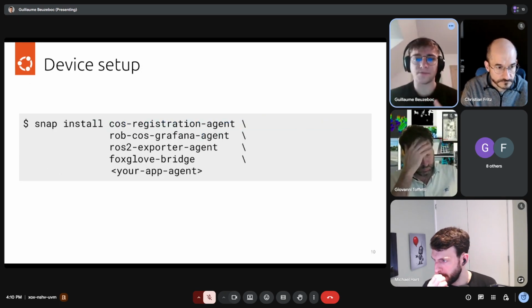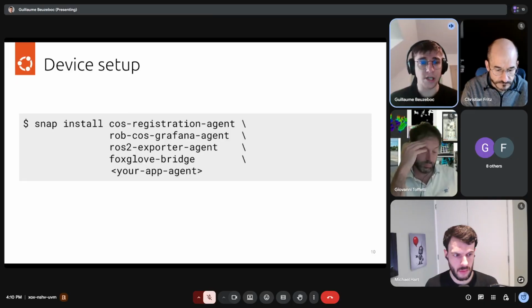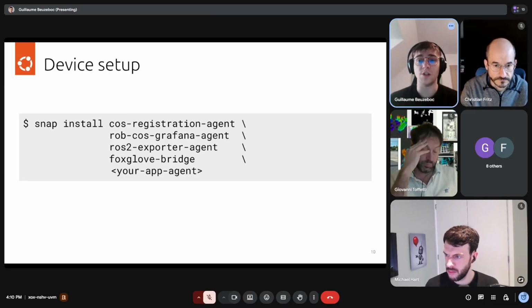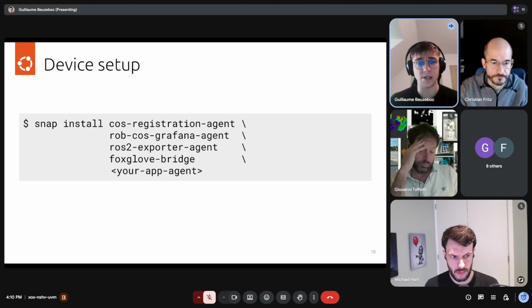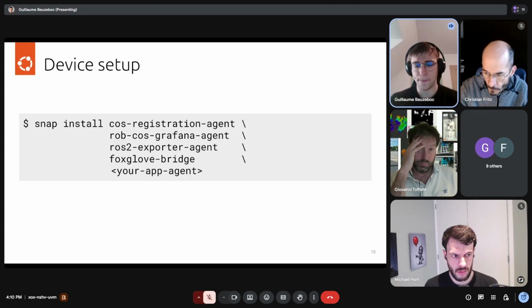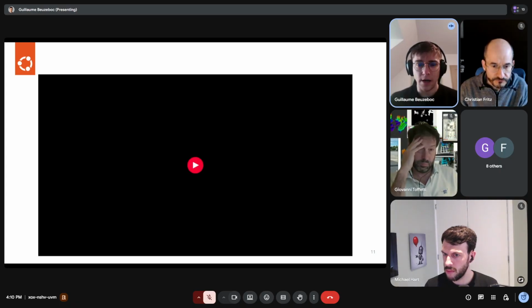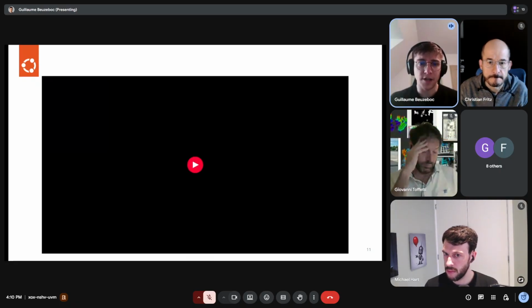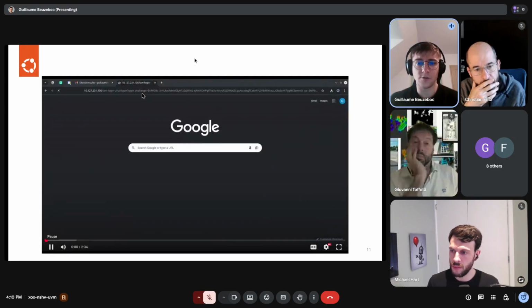Similarly, for the devices, you need one command to deploy everything, and you can even complement it with your own agents, your own applications on the device. This consists of voice agents that are essentially communicating with their counterpart server-side applications. So I believe you've already seen this video, but I'm going to use it as a support to present you